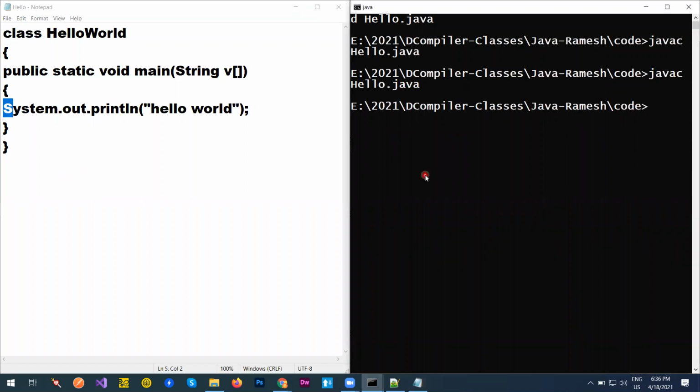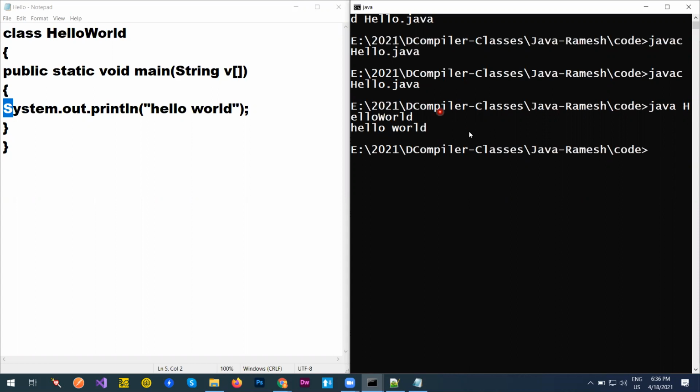Now, after compiling, you have to type java, the name of the interpreter command, space the name of the class. And you should be getting the hello world as an output. So this is the first program, and along with this, what we need to understand is we have learned how to write a program. I know we have learned it blindly. We need to learn each and every line and how to compile it, how to interpret it.